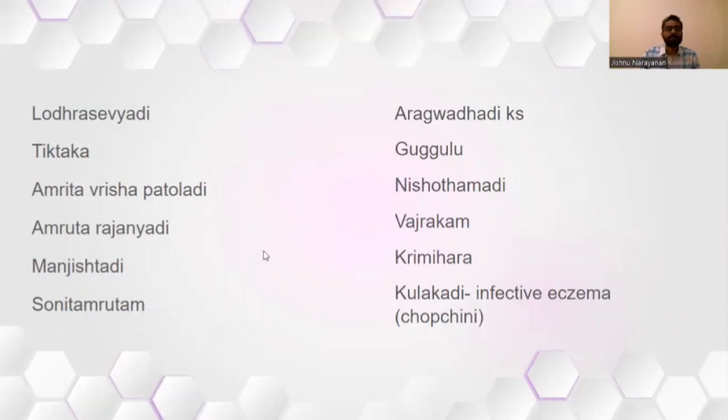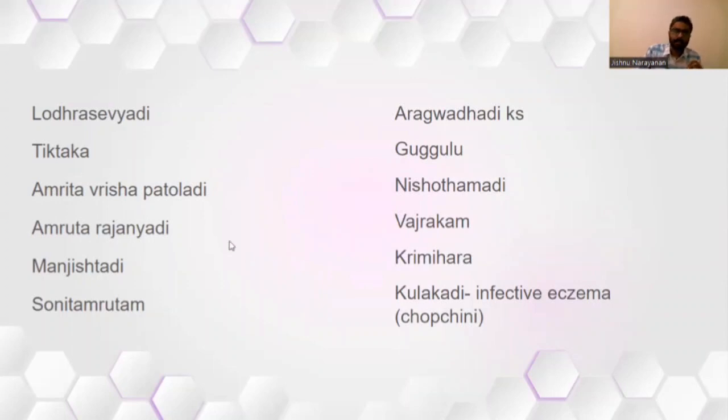These are a few yogas which we use, starting from Lodra Sevyadi, which is explained for Luta Visha in Ashtanga Hridaya, which is a very specific Pitta Hara yoga, to Kulakadi, which is usually used in infective kinds of eczema, with Chobagini as one of the main ingredients, which we can consider as a drug of choice in Tridosha Pradhana infective eczema. And here you can see a few yogas and options for Kapha Pradhana Kushta in the last, like